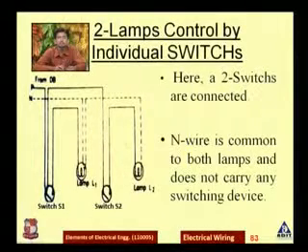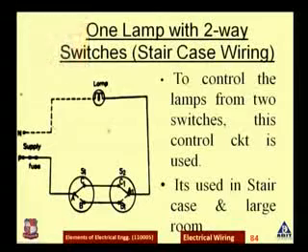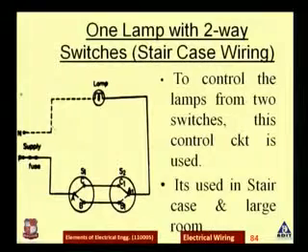So this is a small electrical wiring diagram where the supply, lamps and switches are connected, and this is the controlling circuit through which we can say, suppose I want to glow this lamp, which switch I have to turn on, and suppose I want to glow this other lamp, which switch I have to turn on, right? Now this one is the most important wiring system, which has one lamp. This one is my one lamp, right?